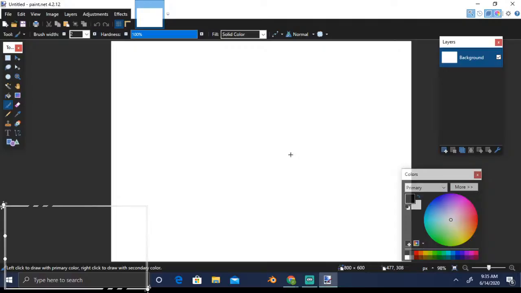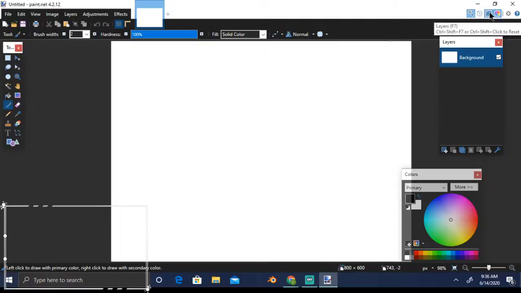So once you open paint.net, this is the interface that you see. You can see there are menu bars up here. There is a toolbar on the left hand side with all the options. On the right hand side there are a few things. To start with, you can toggle here, right? Tools. If you click this, see the left side toolbar became invisible. So this is the toggle switch. If you want to hide the toolbar, you can do it from here.